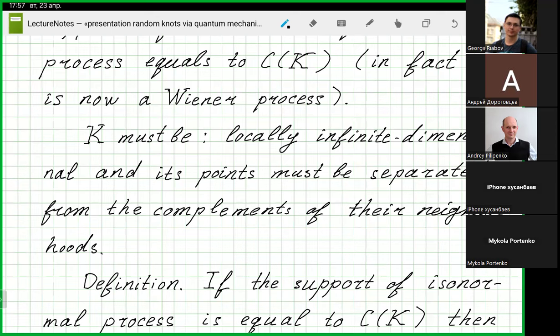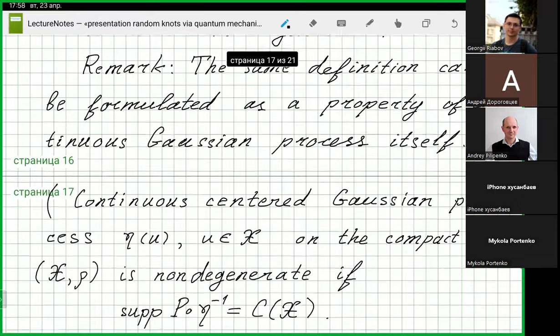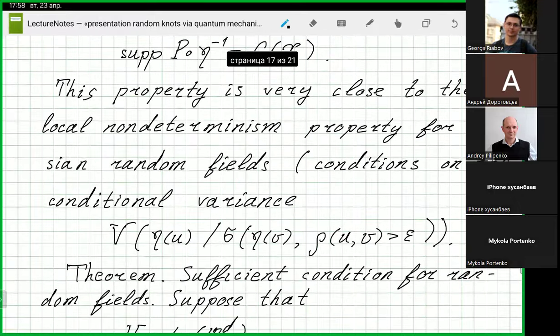It means that the orthogonal complement of the point to the closure of the linear span of all points outside of its neighborhood must be non-zero. This orthogonal complement for an isonormal process is nothing else than the conditional variance. So at least we need that it is positive. Unfortunately, I am feeling that it is very close to sufficient, but at the moment I cannot prove it. But I will propose to you some sufficient condition for